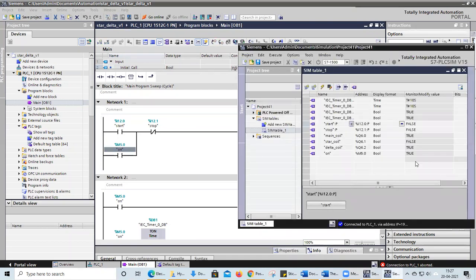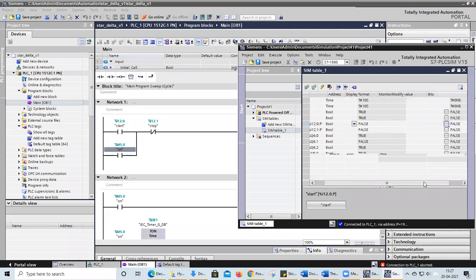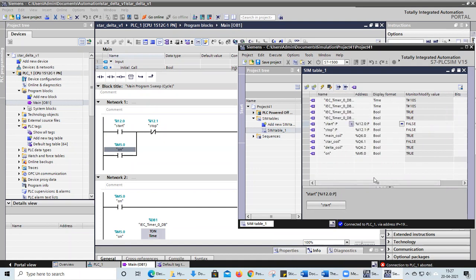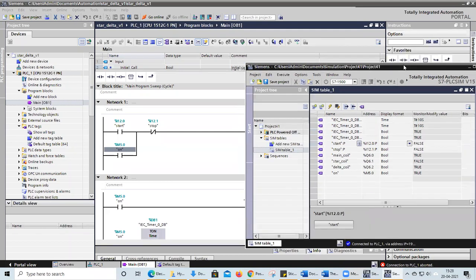Simulation means the simulation file will be opened like this. Here also you need to create a new project. After creating a new project, it will take time and the name of the project will be displayed. In that, you go for the sim tables and click on sim table 1 and go for the load project tags option. In that, you can vary the bits option. Here the bits option will be there. You can click on the bits option and check your circuit, whether it is working fine or not. Is it clear?